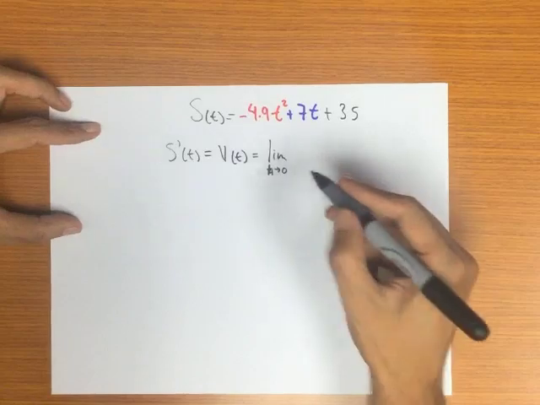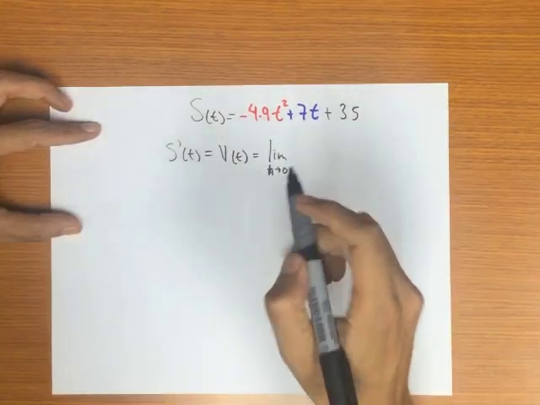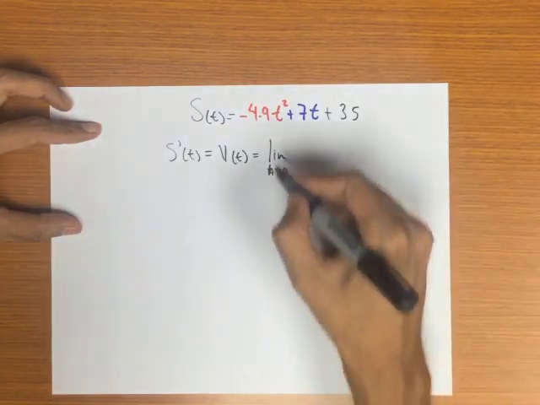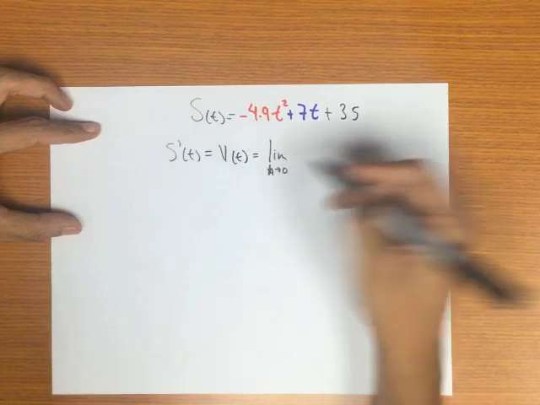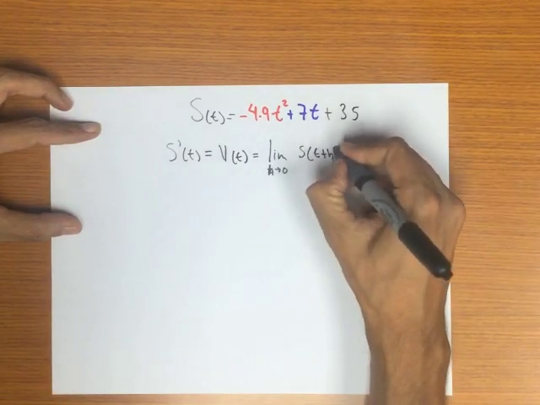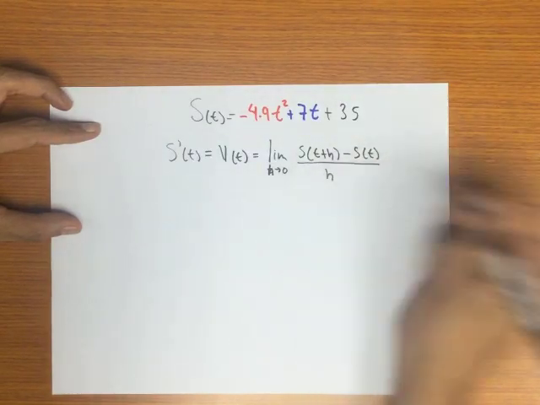Today I will not explain to you the meaning of this. This is a derivative. The only thing that you have to identify is that the limit is the derivative, the same thing as the velocity. The limit when h approaches 0 of s of t plus h minus s of t, over h,